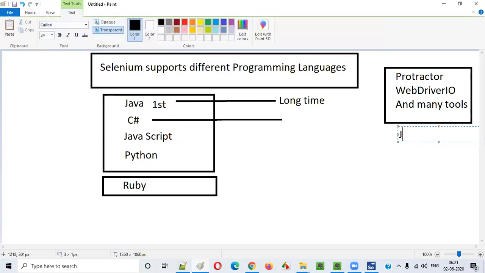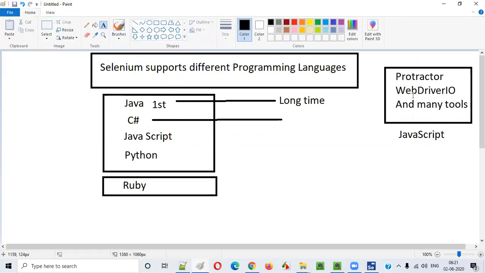So I have to say that here Protractor, WebDriverIO, all the future tools, you don't have to learn them right away. Based on your requirement, you can change your tools. These are very good with JavaScript. Protractor, WebDriverIO, and many other tools are there in the market. So if your plan is not only to automate using Java, but you can start with JavaScript and Selenium, there's a possibility that when you move to other tools like Protractor, WebDriverIO, it will be very easy.